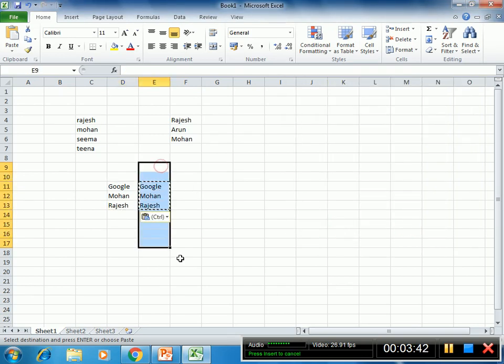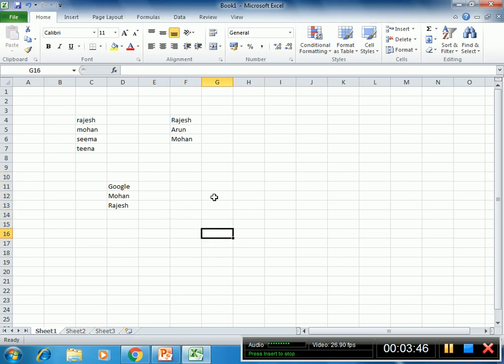Now you can delete all these other cells. So this is the right way to apply uppercase, lowercase, and proper case in the same cell, and not only for upper, lower, and proper case, you can apply it for any other functions as well.